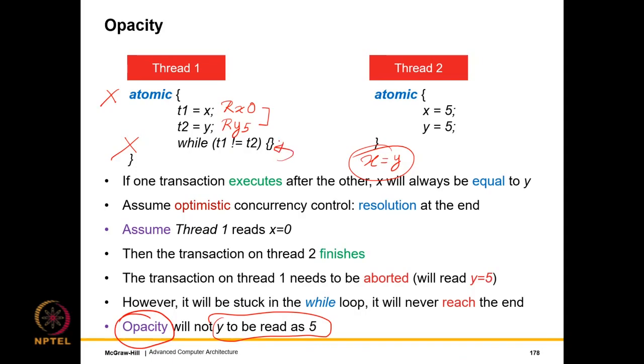So of course, this was kind of a contrived, convoluted example, you may argue, but many such cases do arise in real life and many times arise inadvertently in real life. And that's why opacity kind of saves you. So especially when you're looking at optimistic concurrency, particularly with software transactional memory, opacity is definitely desired.